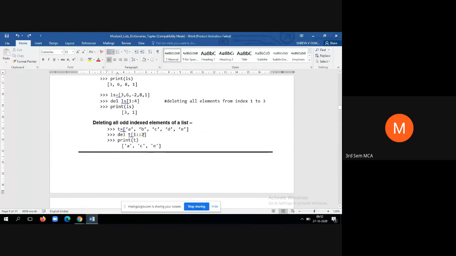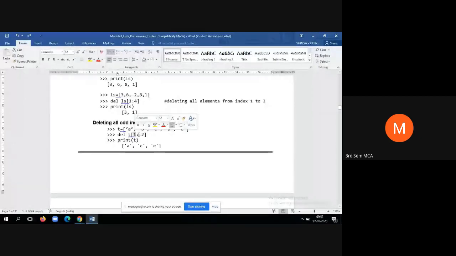Then the number of steps: this is first index position till the end, with an increment of two positions at a time. So you start with index value 1, then jump 2 elements: 3, 5, 7, 9, like that.